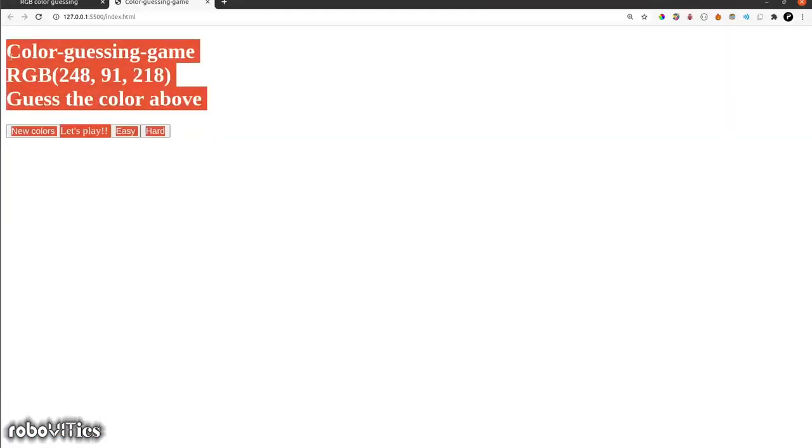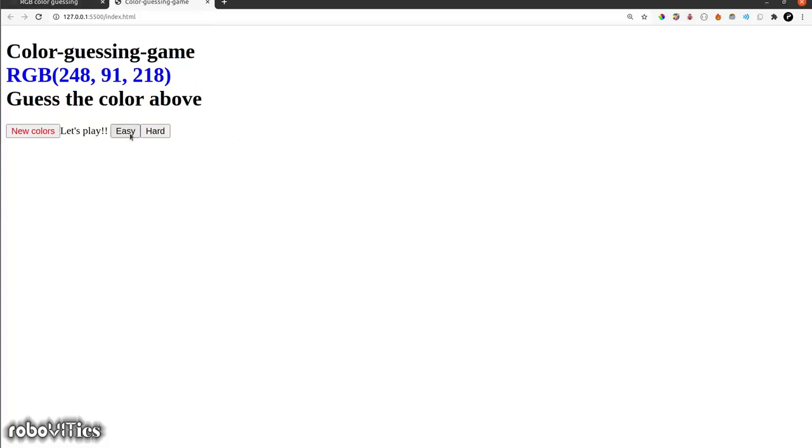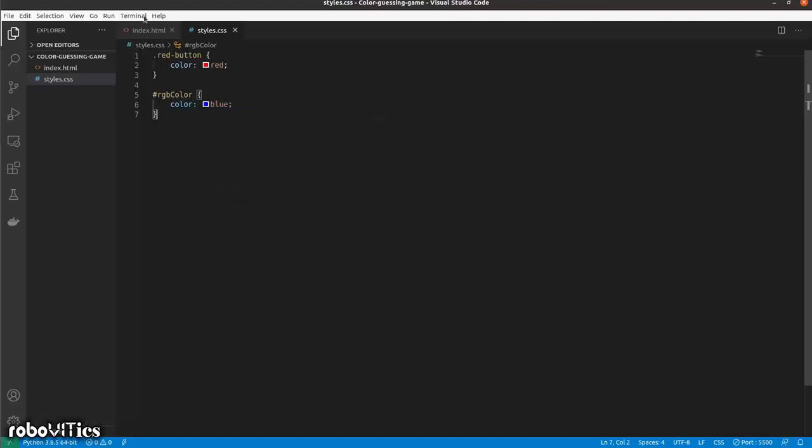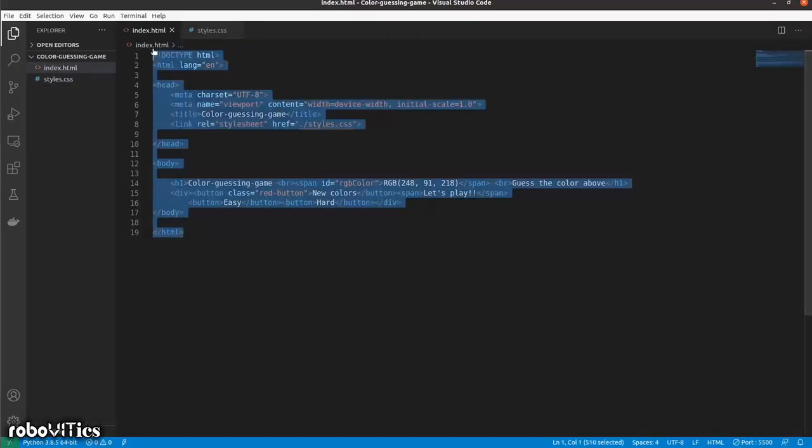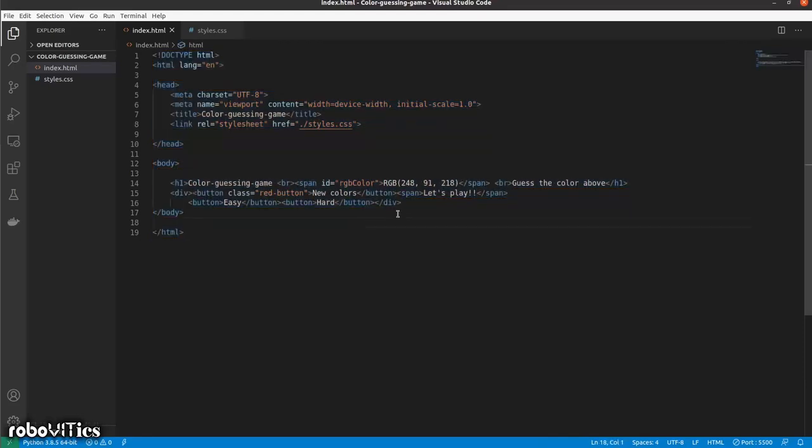So now you see that it has rendered it based on the styles that we wanted it to have. Now that we have understood external CSS, let's also understand how exactly we are going to include a JavaScript file inside our index.html.